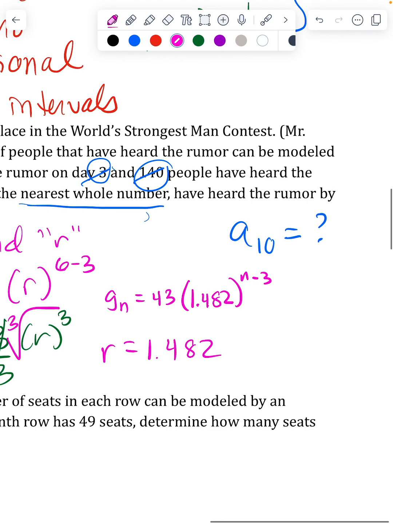So for me to find the 10th term, I'll have 43, and then this answer for my R value to the 10 minus 3. So I'm going to put into my calculator this business, and I'm going to get a 7th power. So if I do that,